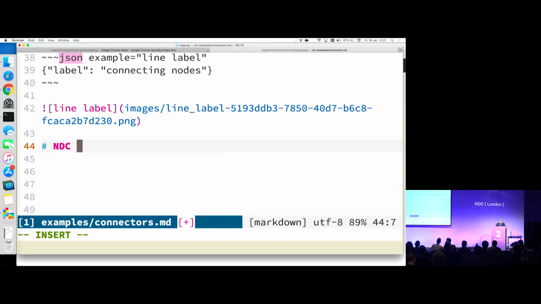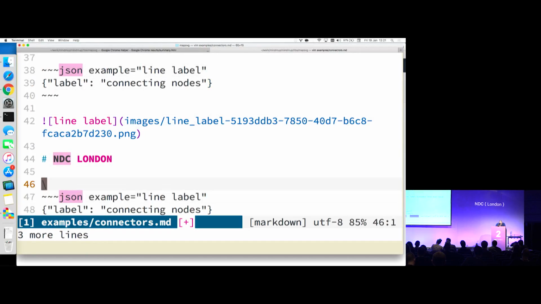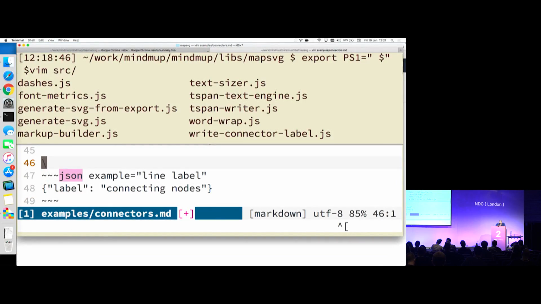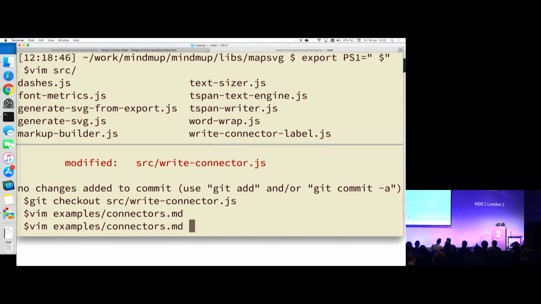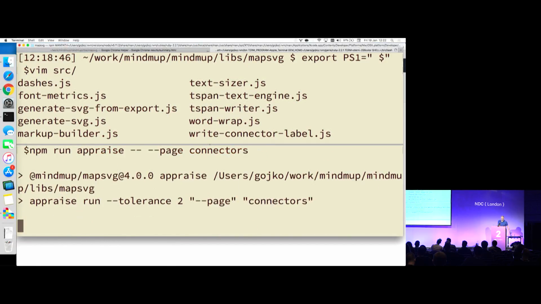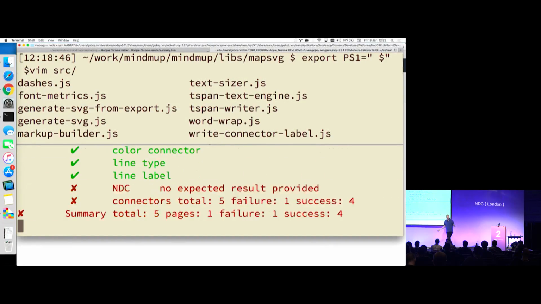So we're going to say NDC London. And if I set the label to be